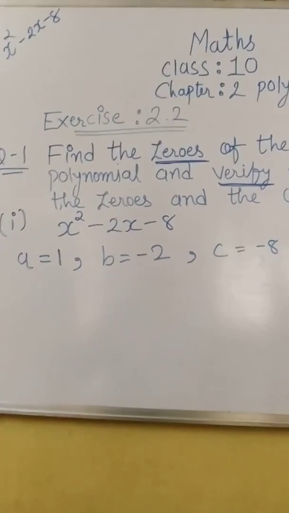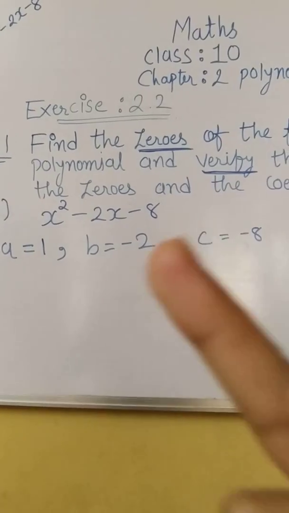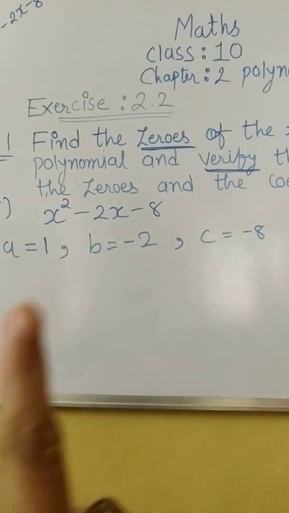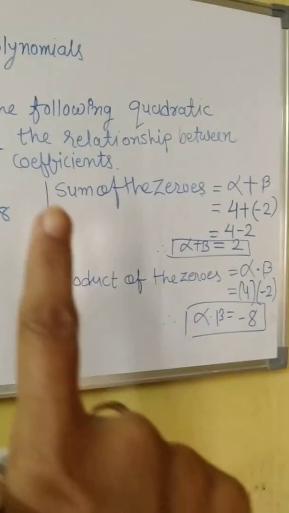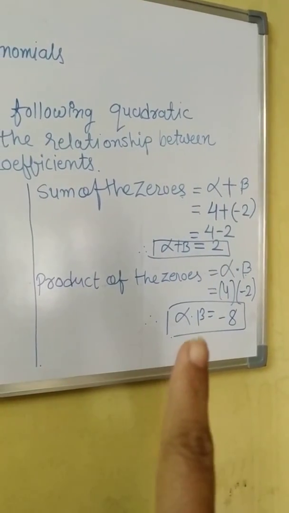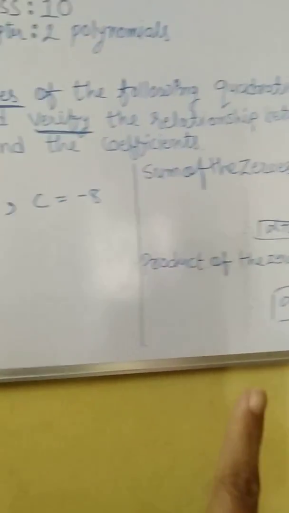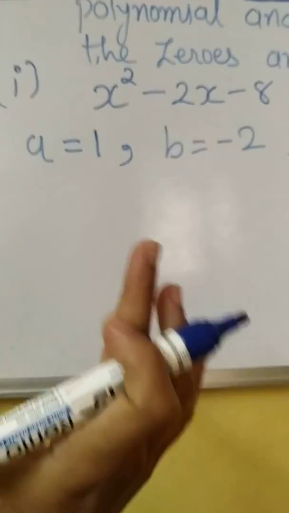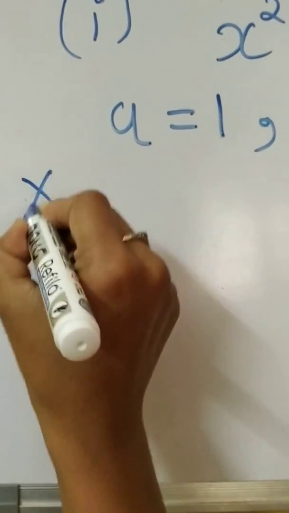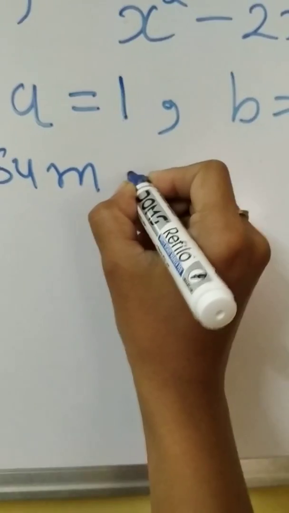So here in our second video we are starting our verifying process, that we have to verify that our alpha plus beta is 2 and a product of zeros, means alpha into beta, is minus 8 or not. So here we will see that in the last lecture I already told you that if we want to find the sum